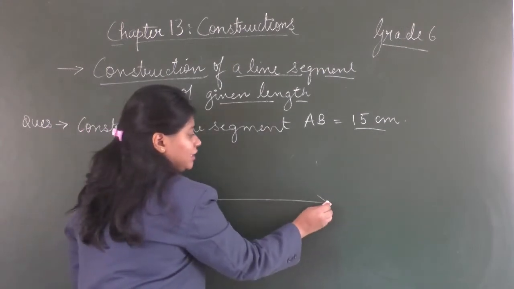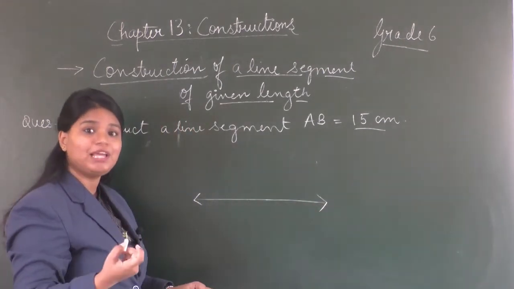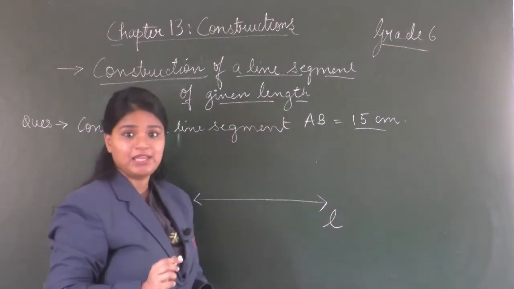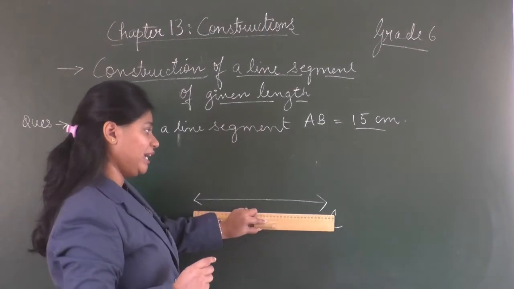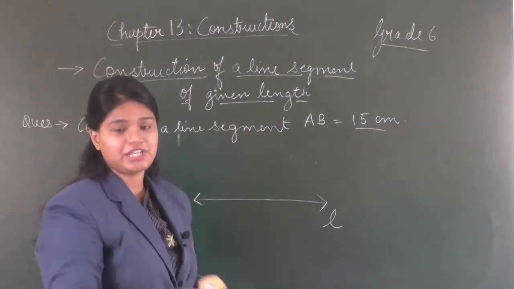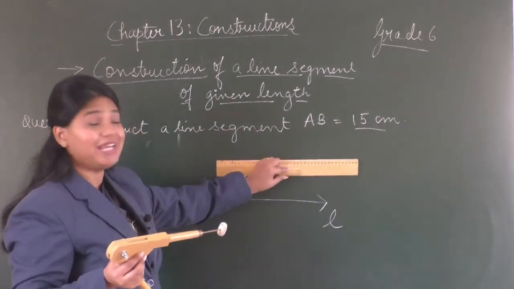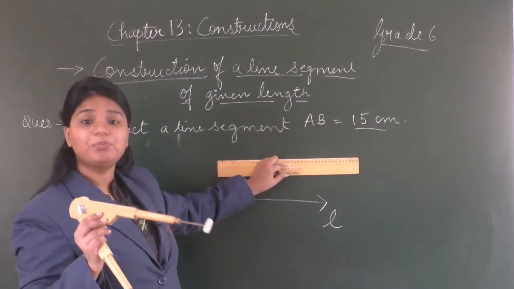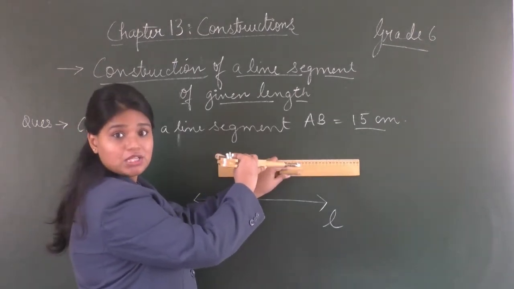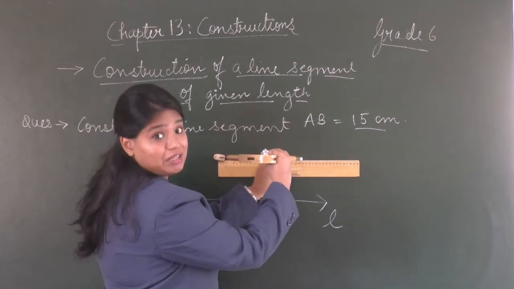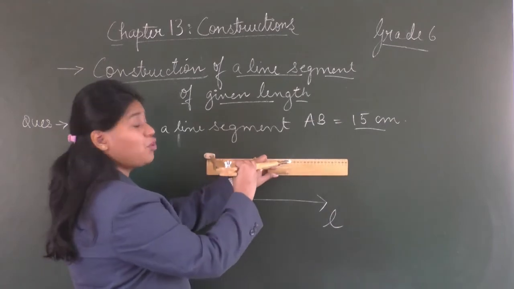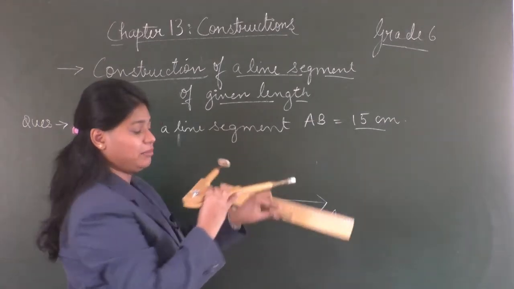You will mark the arrows because this is a line, and you can name the line with any alphabet of your choice. So I am naming this line as L. So first I will draw a straight line of any measurement more than 15 centimeter. Next step, you will take your compass, you will place the ruler on your notebook, you will place the needle of the compass on point 0, and you will open the compass apart up to 15 centimeter on the ruler, right? You will measure from 0 and you have to open the second arm up to 15 centimeter.